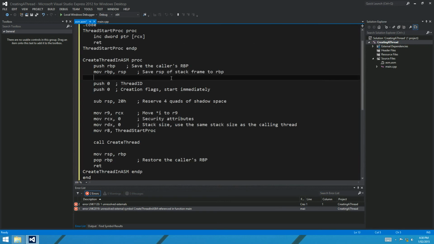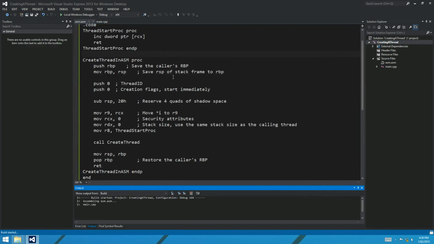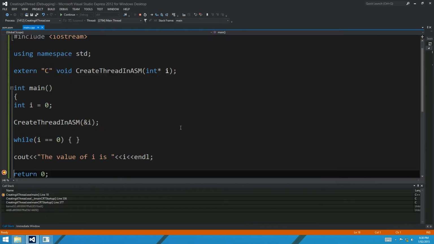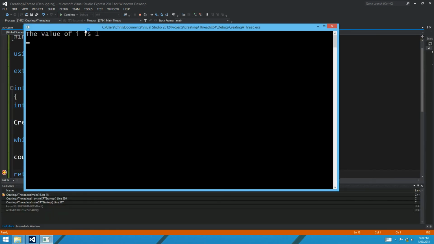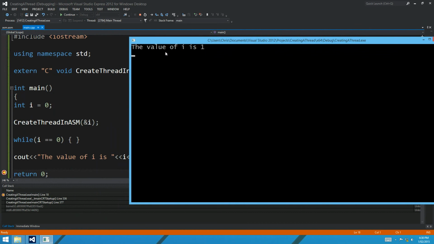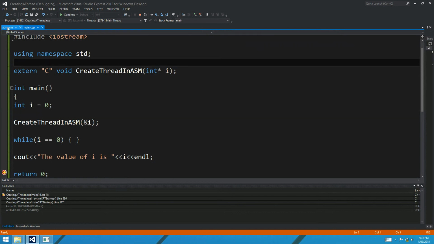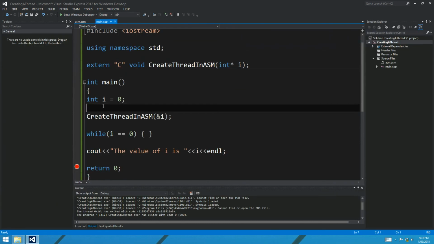Alright, well it wasn't a typo, it was pretty silly though. Let's see how we go now. I'll hit F5 again. Oh, would you look at that? There you go, the value of I is 1. But what's cool about that 1 there is that it was another thread, other than the main thread, that actually did that. So if we have a bit of a step through, if I put a breakpoint here on this I